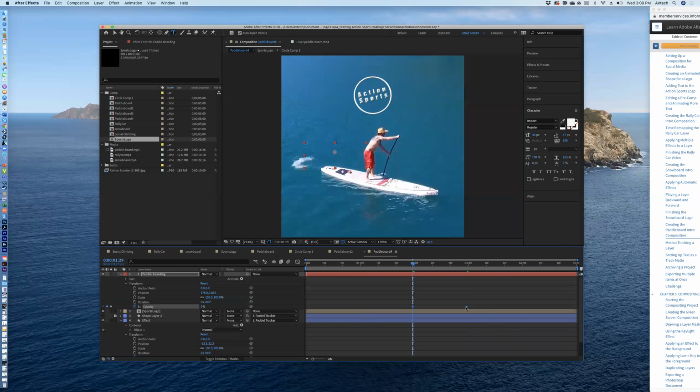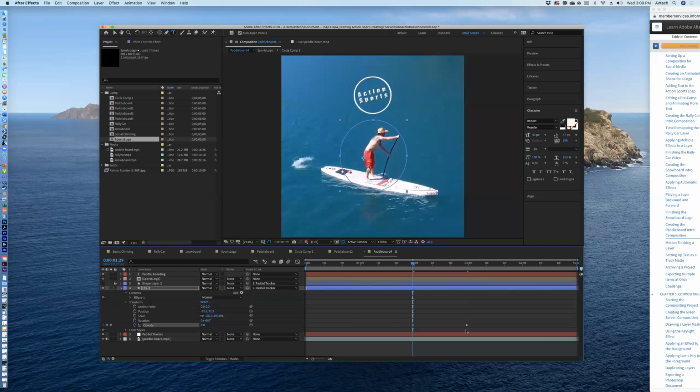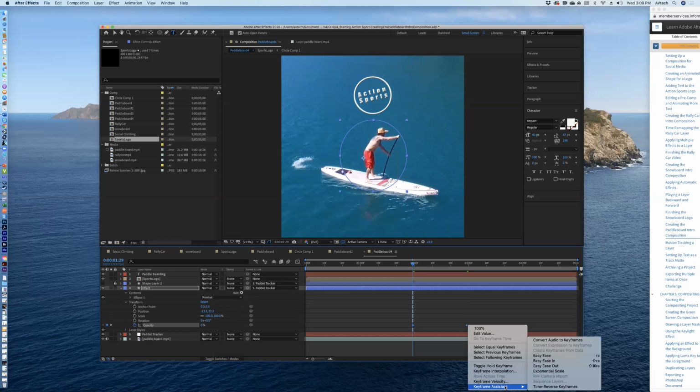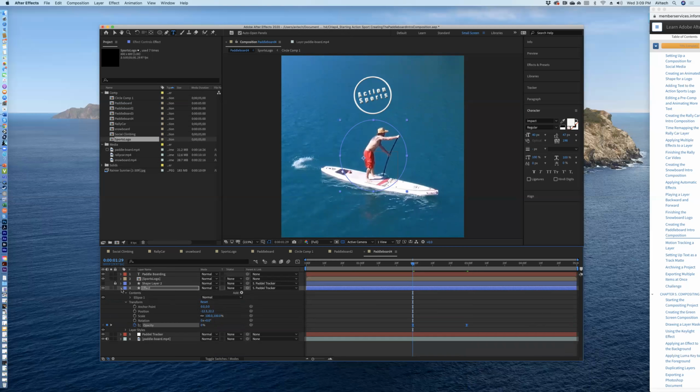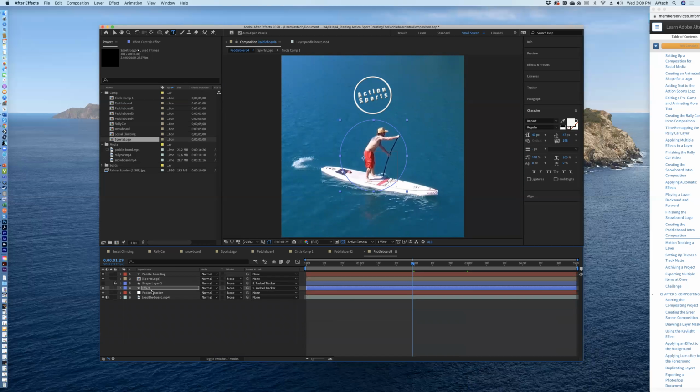And keep in mind that you can also right click. I've selected them both and do easy ease. Easy ease will look nice on these. And I'm going to do the same thing here. Okay. Keyframe assistant and then easy ease. Okay. So now I have my paddleboarding text and I have this